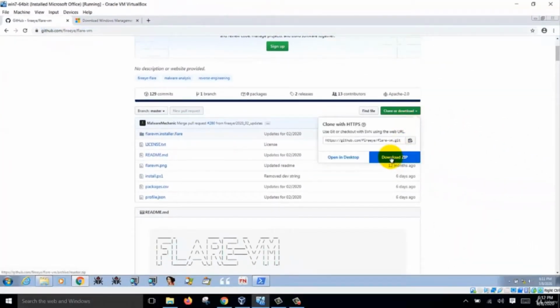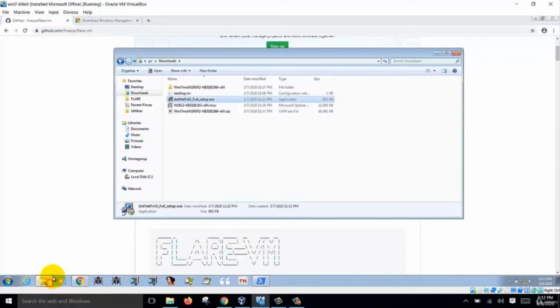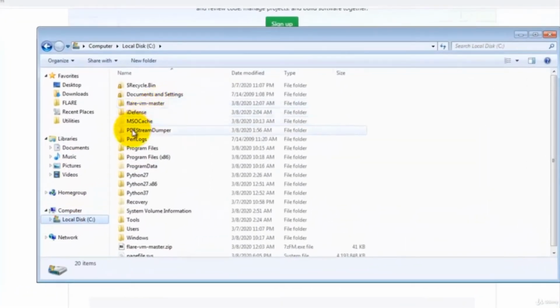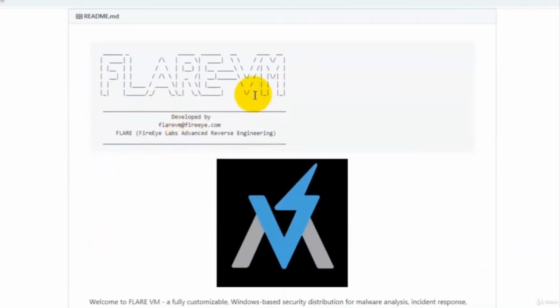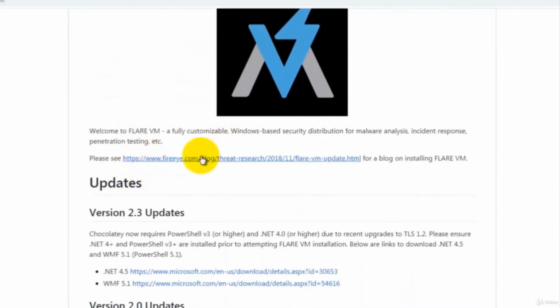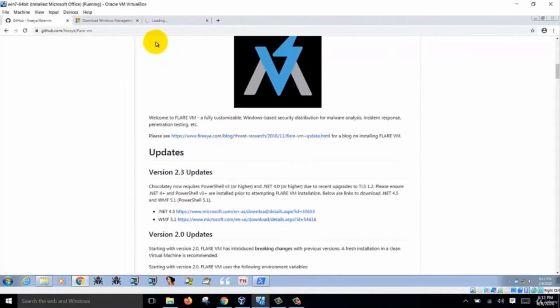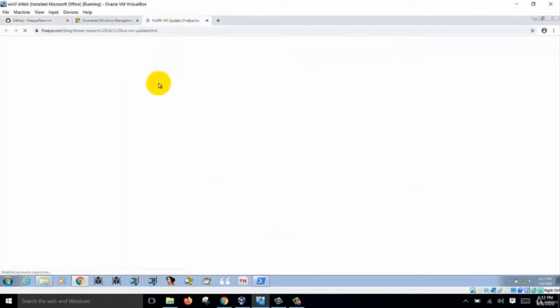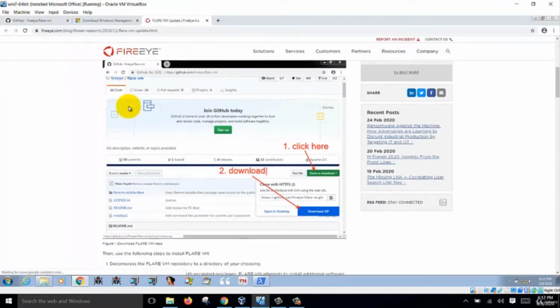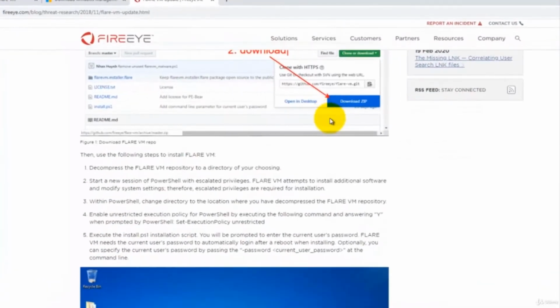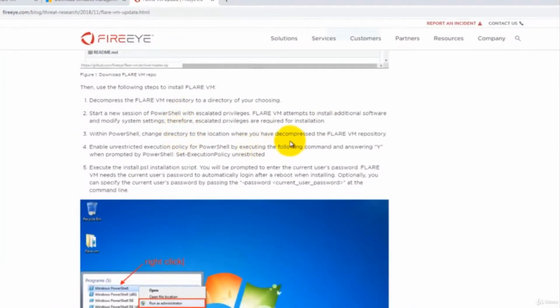Click this, download the zip file. You unzip the zip file into your C drive over here, Flare VM master. So this is where you put it. And then before that, the instructions on the Flare VM website says you can follow the instructions here, how to install. So over here it tells you the first thing you do is you need to download the zip file, uncompress it, and then change to the directory where you decompress the zip file,